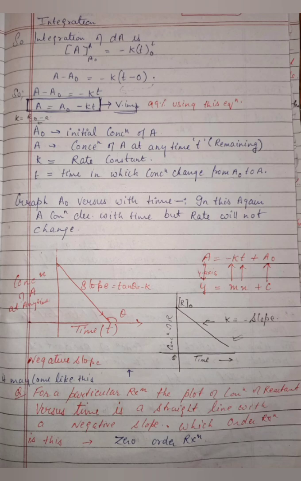Okay, after that, in this one A naught is the initial concentration. A is the concentration of A at any time. K is the rate constant, and T is the time at which the concentration takes place. So here the formation of two graphs takes place. One graph is of the concentration of A with time, and the second graph is of the rate R with time, and it forms a theta, where tan theta is equal to K. Okay, after this we will start one question. So students, in graph one there is a negative slope and in the second a positive slope. One question arises, it is in your notes. So this is said to be the zero order reaction.